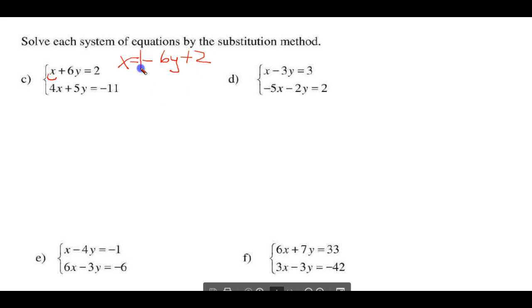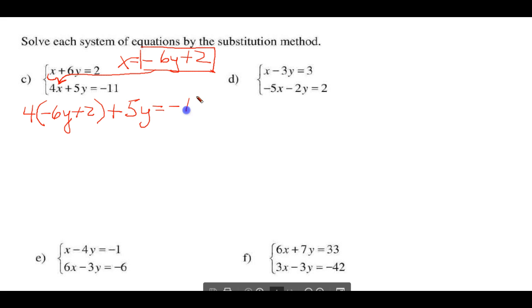Now we're going to take this, which is our value for x, and where x is, we're going to substitute, and I'll help you set it up. So it'll be 4. Now we have to put that in a parenthesis. Negative 6y plus 2 plus 5y